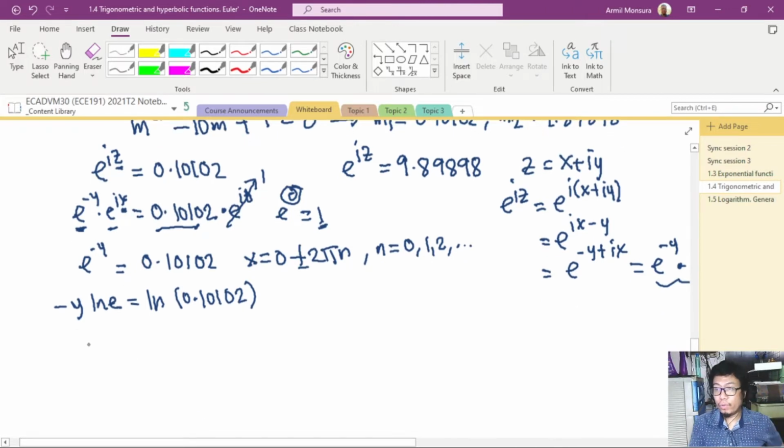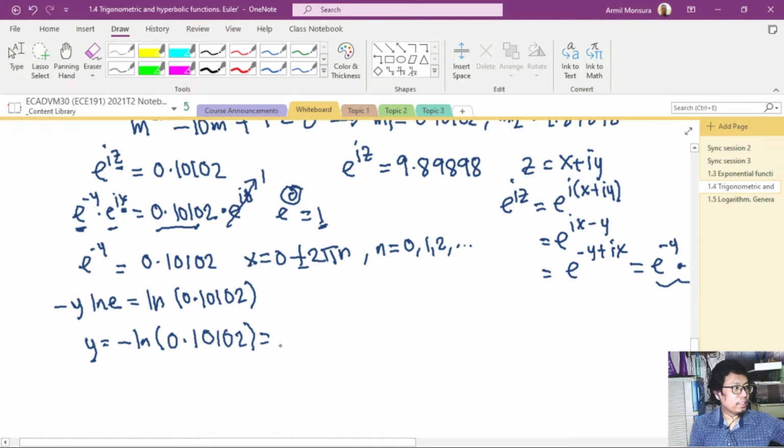And therefore y is negative of the natural logarithm of 0.10102, which is